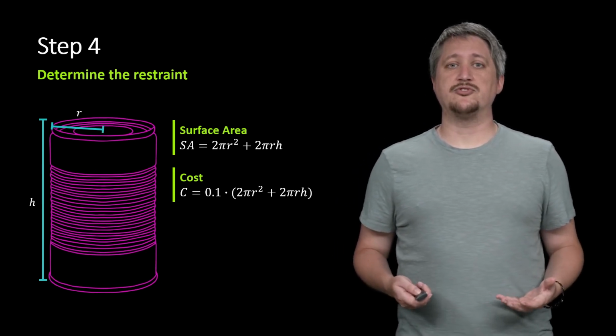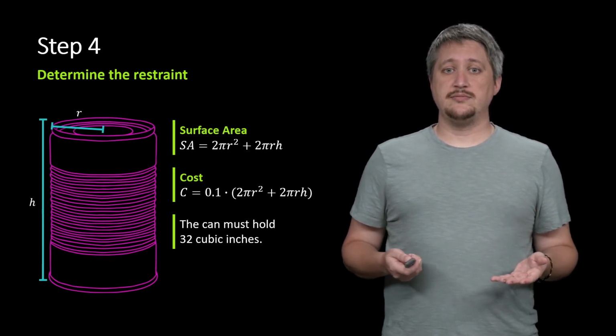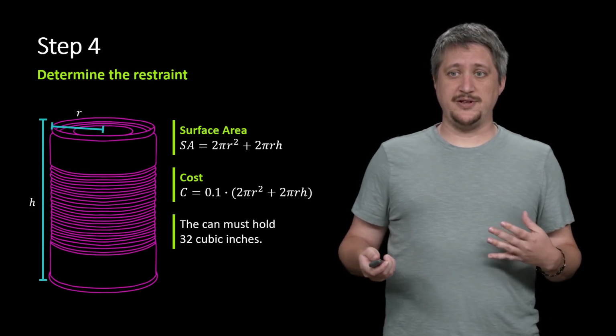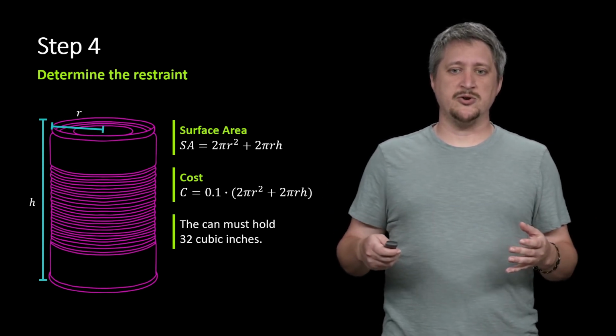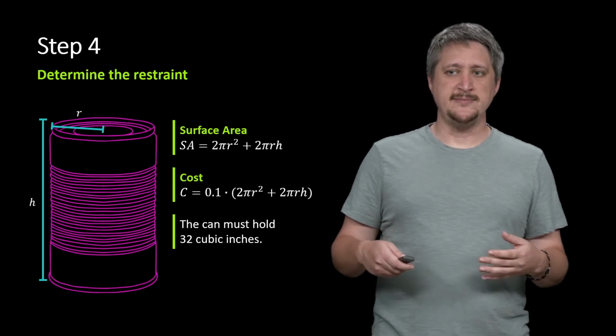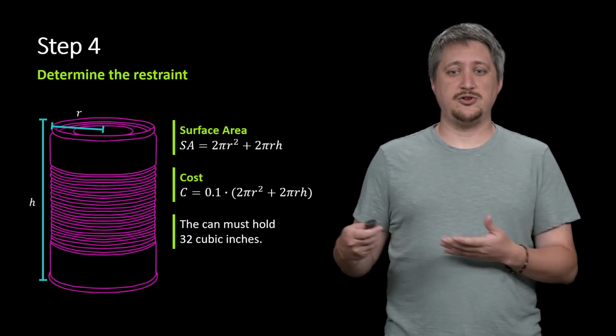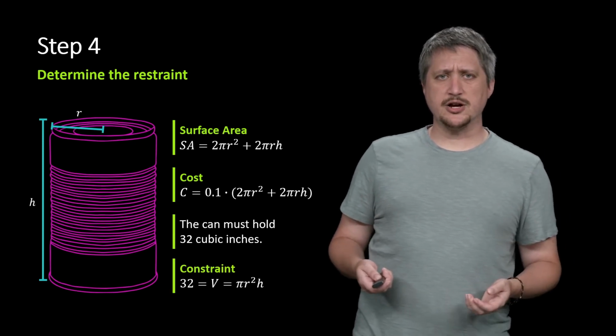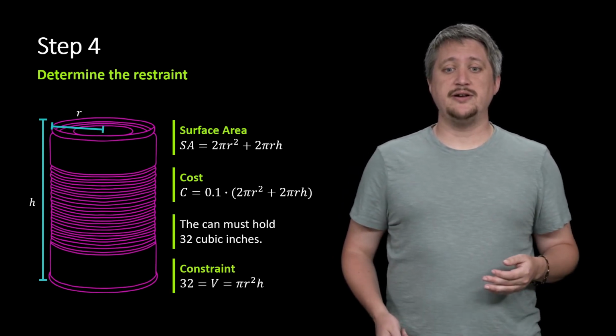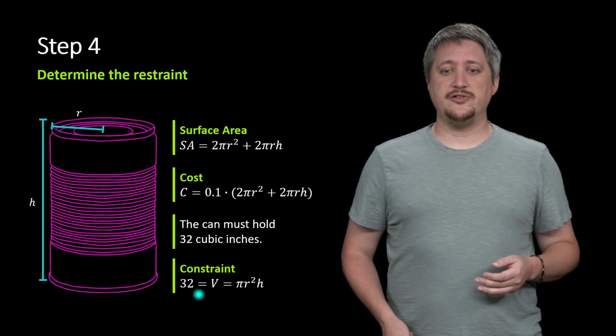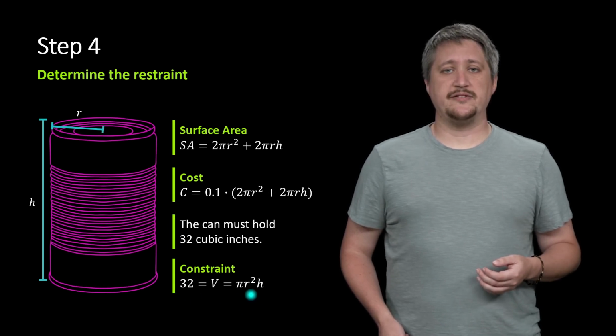Now we need to determine the restraint. So the restraint, the thing that stops us from just being like cost is 0, is the fact that we need to hold 32 cubic inches. So here we need to do volume, right? So cubic inches, volume. So we can come up with the volume equation, right? We know that the volume is 32, and the volume can be given by this pi r squared h. So this gives a relationship between